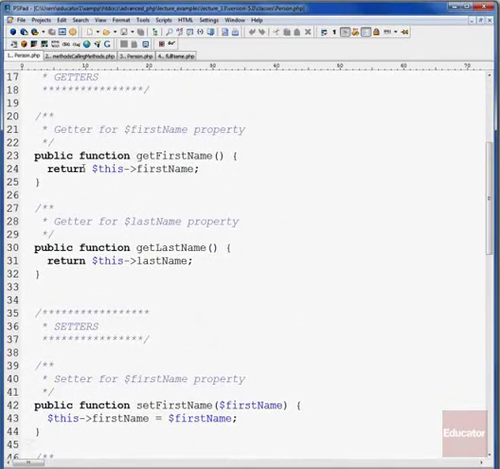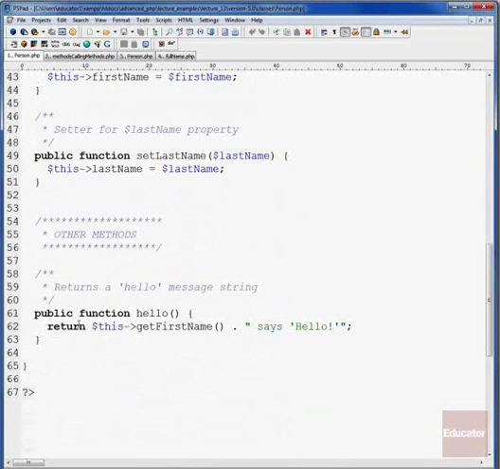It'll go up here and it'll say return this dot first name. So then this will also know that it refers to person object 1, because PHP sort of does that for you automatically. It's going to get the first name property of it and return it. So then it's going to put that name here and then concatenate it to this so-and-so says hello. So this is an example of how you can use this variable to also call object methods from within other object methods. So basically you can access object properties using this variable, and you can also call other object methods within them as well. So if we run this script,